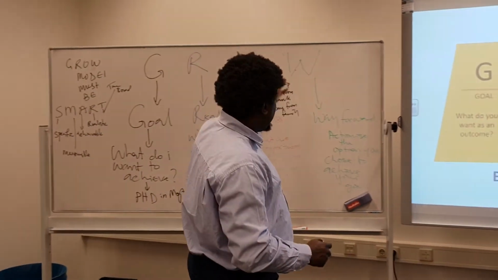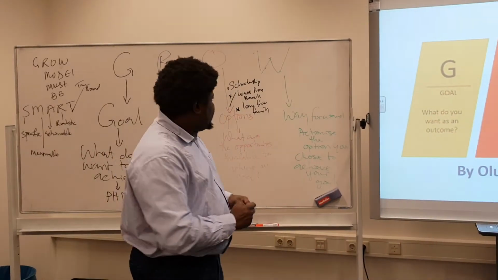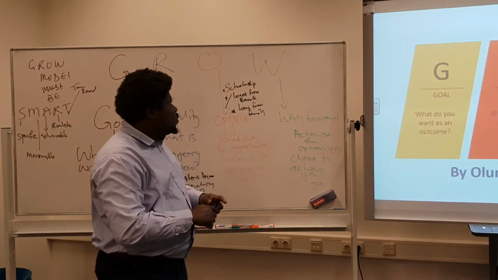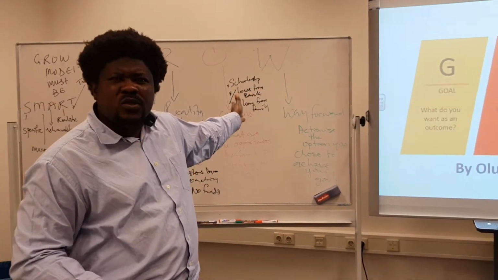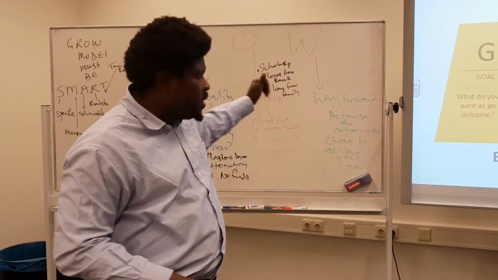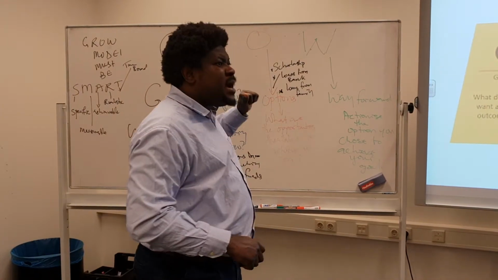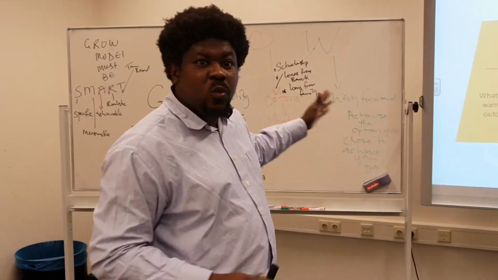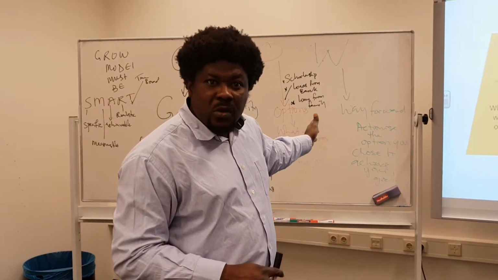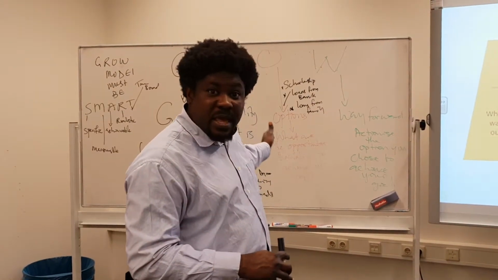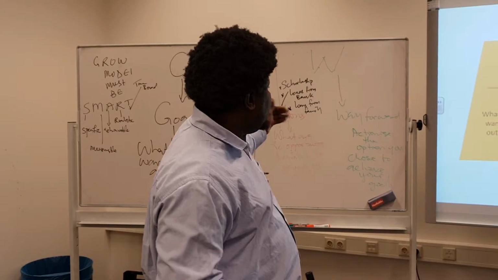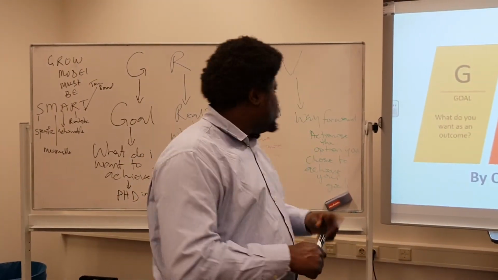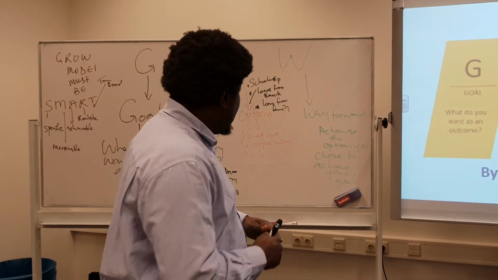And then finally, what is the way forward? Victor has to actionize one of these options. If it's a scholarship, I need to get the best grades during the master's degree. If it's a loan from a bank, I need to begin to go from one bank to the other to see a bank that is willing to give me a loan to go for my PhD degree. And if it's a loan from family, I need to begin to talk to family members to try to raise a loan to go for my PhD degree.